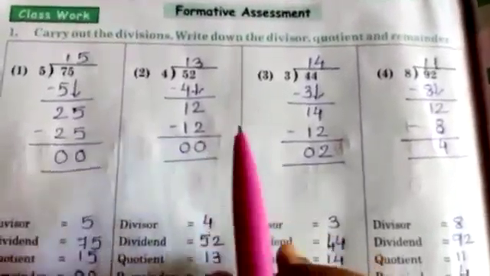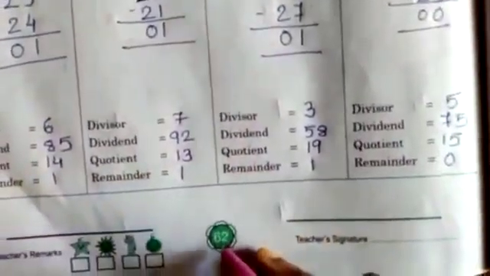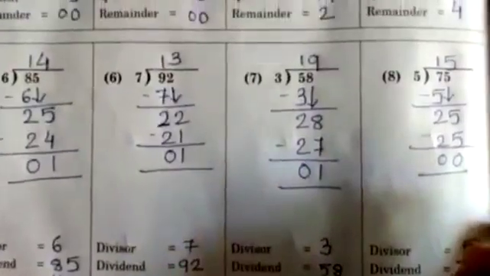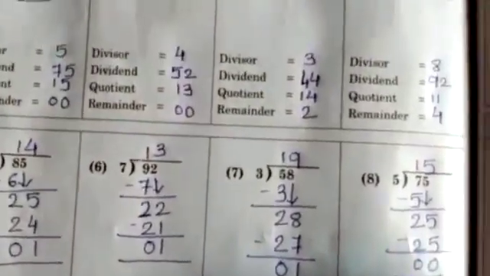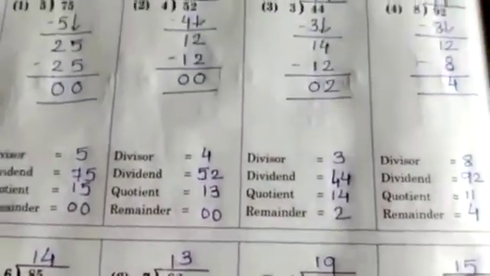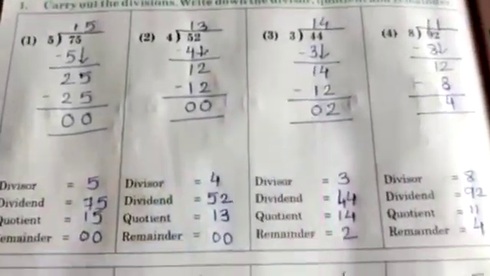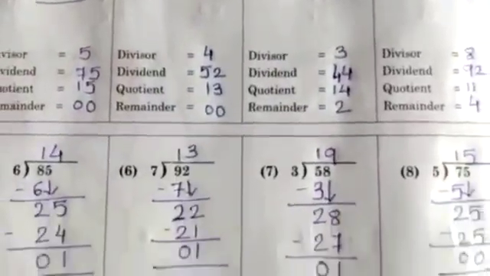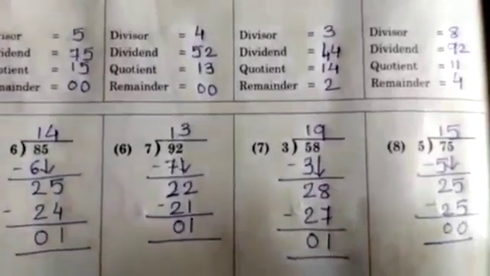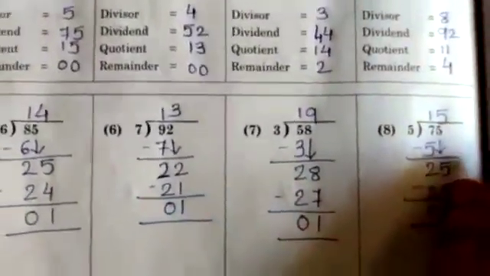So students, for you all the homework is that you have to complete all these sums in your combined book on page number 61 and 62. In your combined book number 2, we have started with a new chapter. In that chapter you have to complete your homework, that is on page number 61 and 62. You don't have to copy this from the video, you just have to solve it on your own and complete your homework and send it to me on my personal number by today itself before 6 p.m.